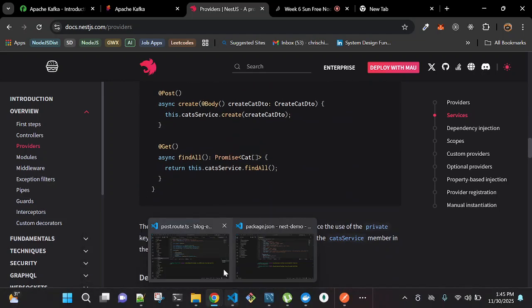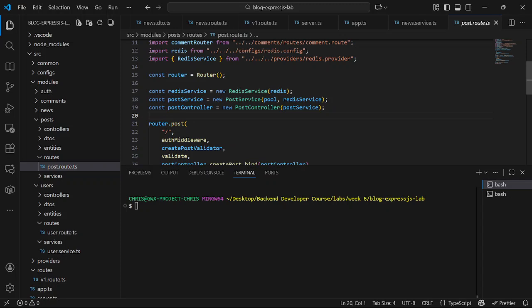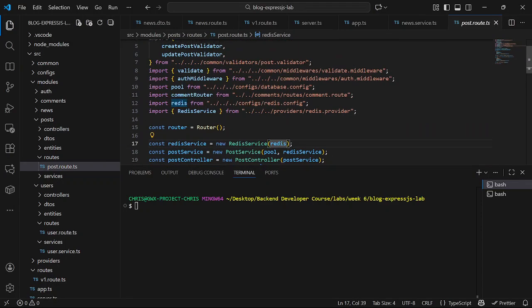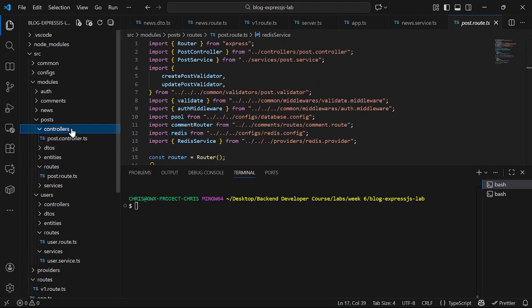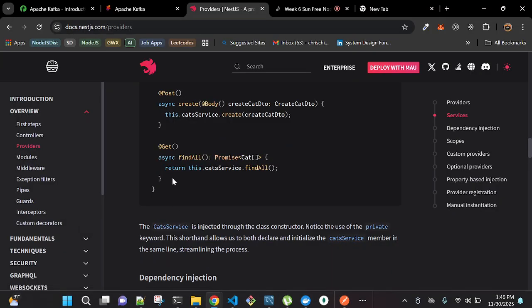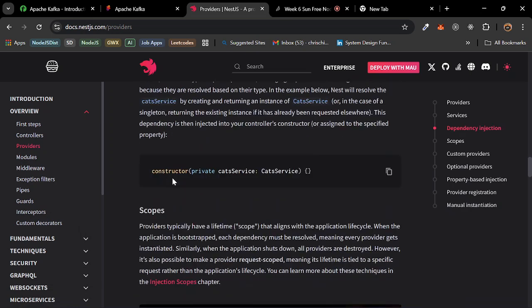In NestJS we won't be doing all this. NestJS will handle it for us. But we will create our class. Let me go back and show the example here. You create your class this way. This is the normal way. If you need a dependency for your class, you inject it into the constructor. You do that exactly the same way as in ExpressJS. But the actual injection will be handled by NestJS for you, right? That's basically about providers and dependency injection.